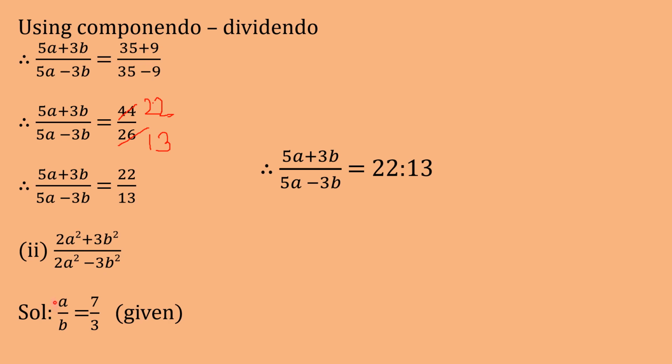So if you first multiply by 2 and by 3, it will become 2a and 3b. And then if you do the square, 2a the whole square will become 4a square, so it will become totally wrong. So first you have to do squaring. Okay, squaring on both sides. So when you do squaring on both sides, a square upon b square is equal to, now 7 square will become 49, and 3 square will become 9. Are you getting?